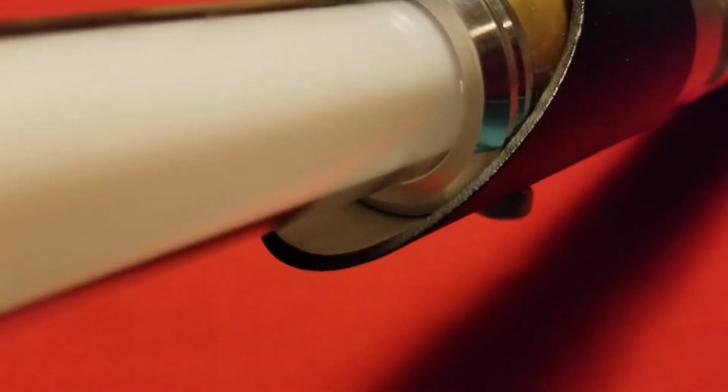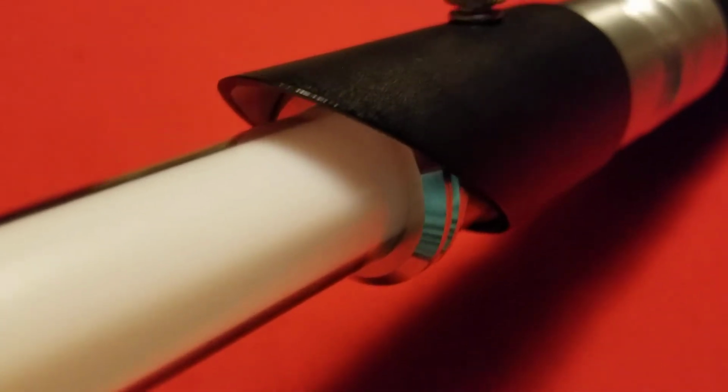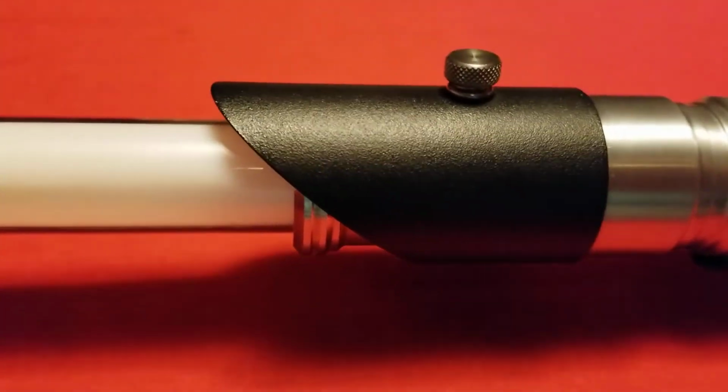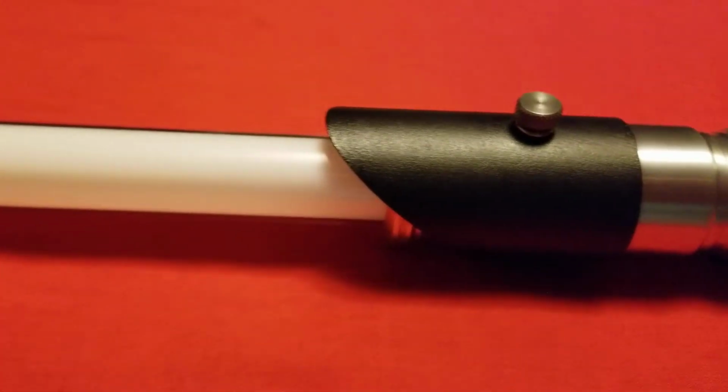Because on the inside of this emitter shroud, as I'll call it, it's actually silver in there, which has a tendency of enhancing the brightness of the blade ever so slightly, from what I've discovered. So I have my standard Custom Saber Shop 36-inch show blade in here,